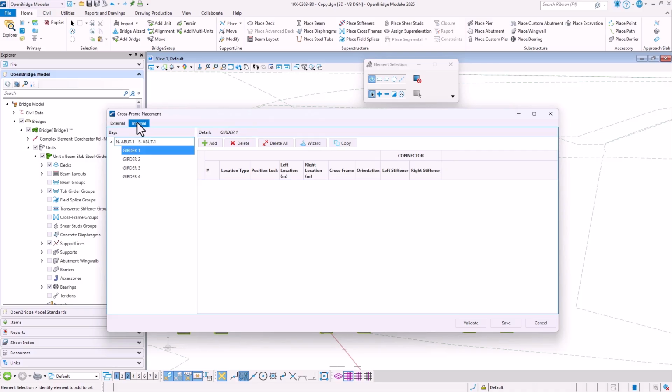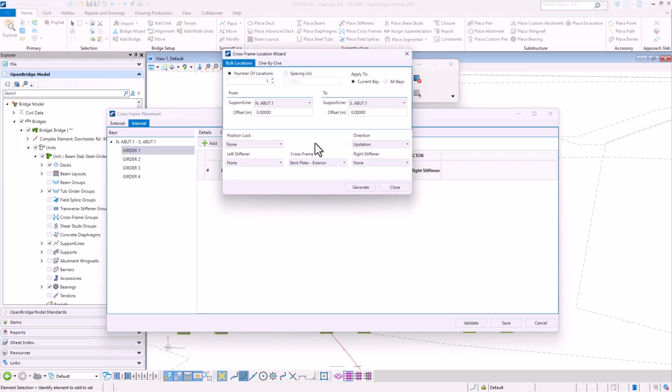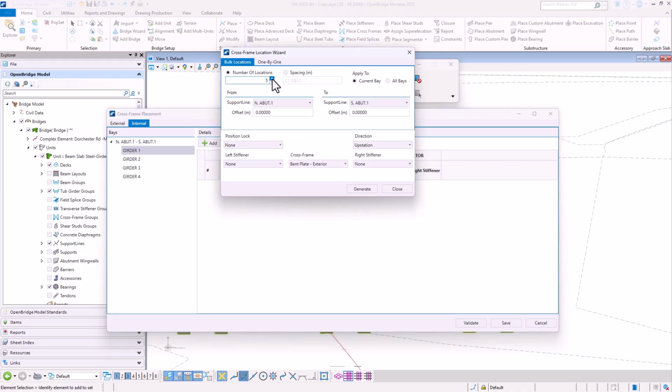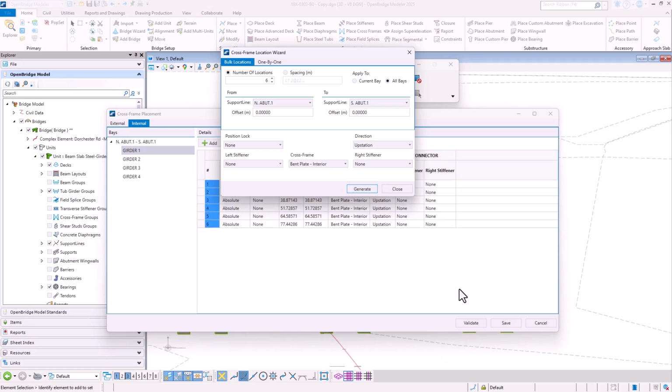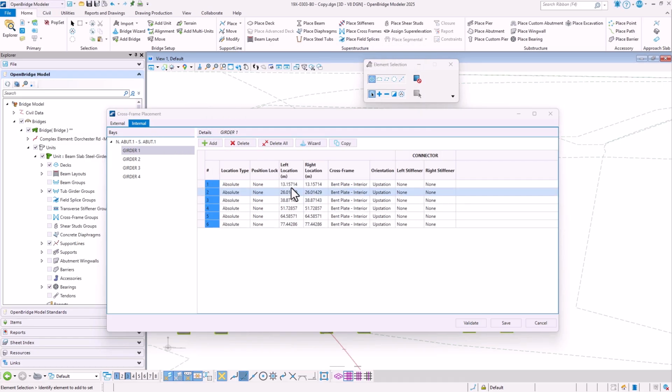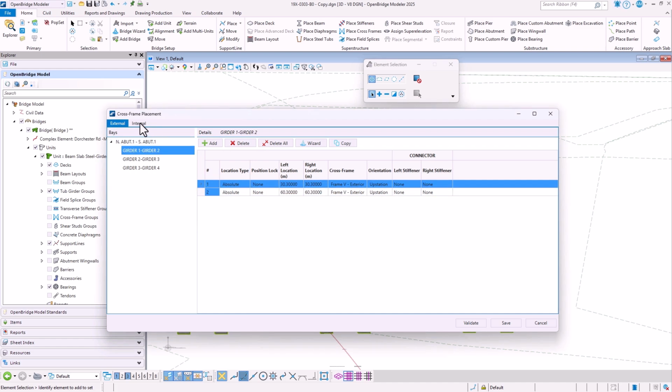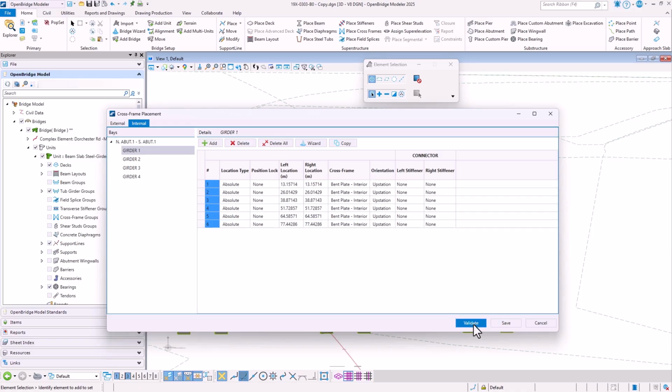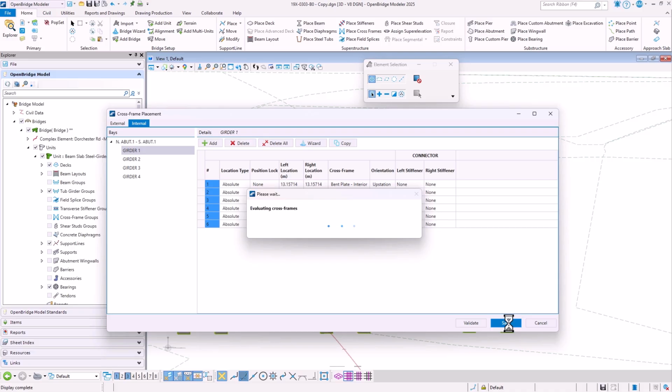And then on the internal one, I'm going to use the wizard again, but I'm going to place it in more locations. And it's going to be a bend plate. Then I'm going to place it in maybe all the bays. We can validate the placement of the external and internal ones for conflicts or overlaps. So, no errors after validation, save it, and then it will initiate the placement of these cross frames,